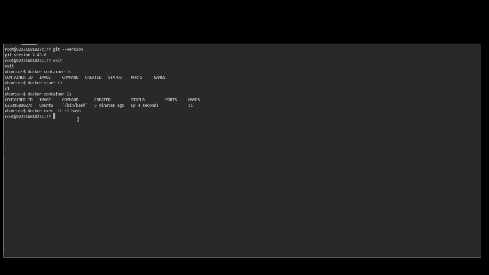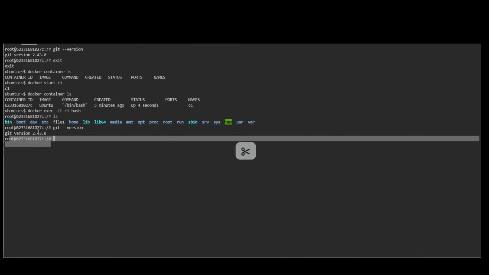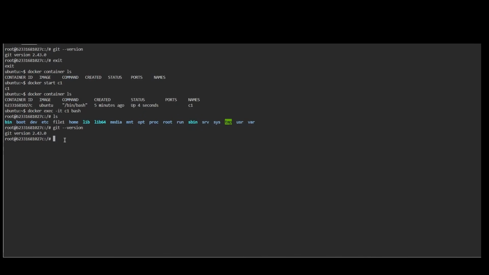So just hit it. Now if you see, you have again entered into the Ubuntu container. If you check the files and everything we created earlier, it is automatically there. You can see our file one. Also we installed Git, so you can check the Git version as well. Yeah, you can see Git is also installed in it. So now if you are exiting from this container,